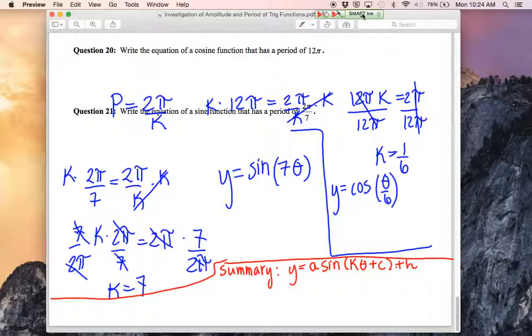So this is the general form of a sine or cosine function. Your amplitude always equals the absolute value of that number out front. And your period always equals 2 pi